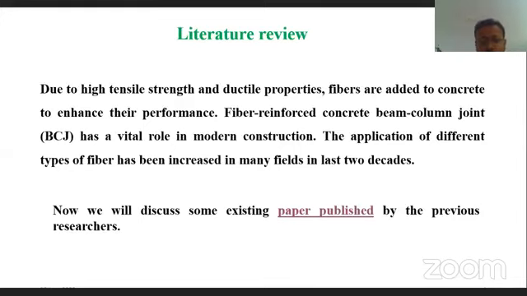They have used carbon fiber reinforced polymer, and the carbon fiber reinforced polymer has been used as a sheet to shift the failure from column to beam. That means these researchers have manufactured the carbon fiber sheet, and it is used to minimize the damage, to shift the damage from column to beam. That is desirable